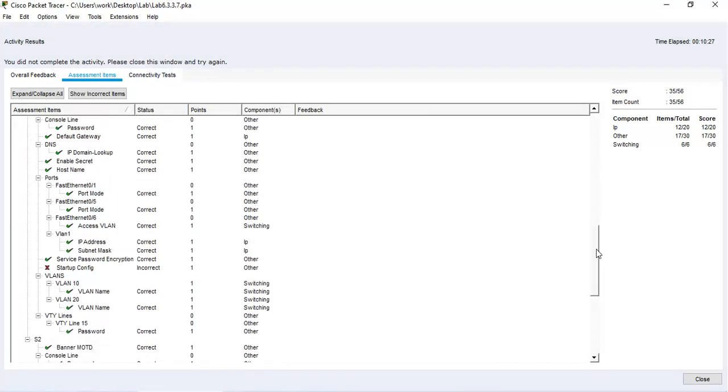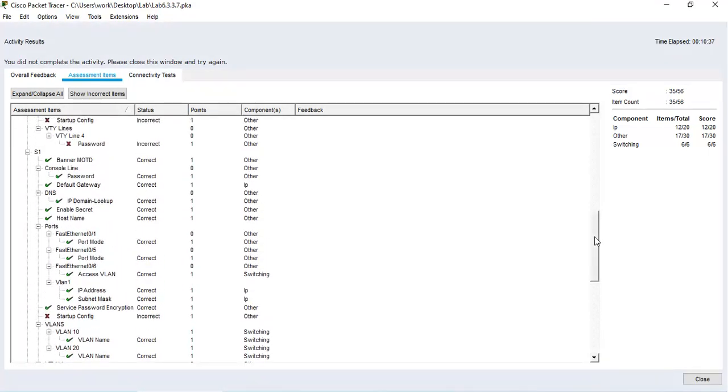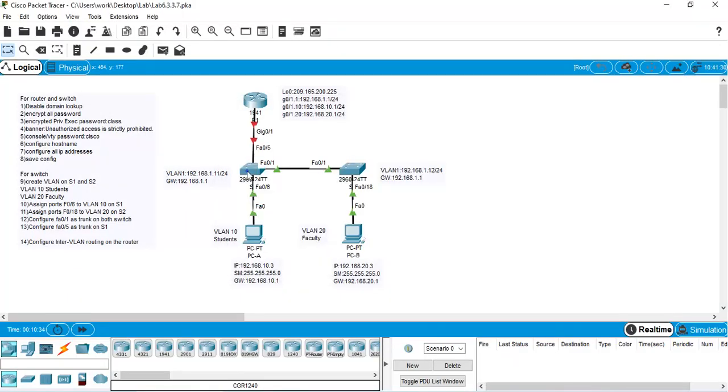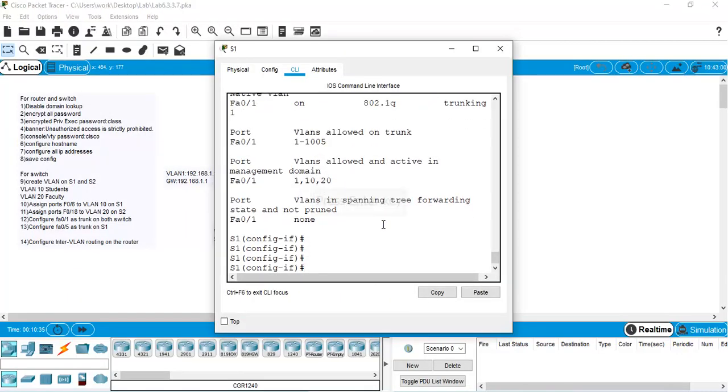Okay, S1, I've configured everything. But I haven't done any saving of the configuration. That's why the start config is crossed out. Similar for S2. So let's go back to S1 and S2 and do a copy, run, start to